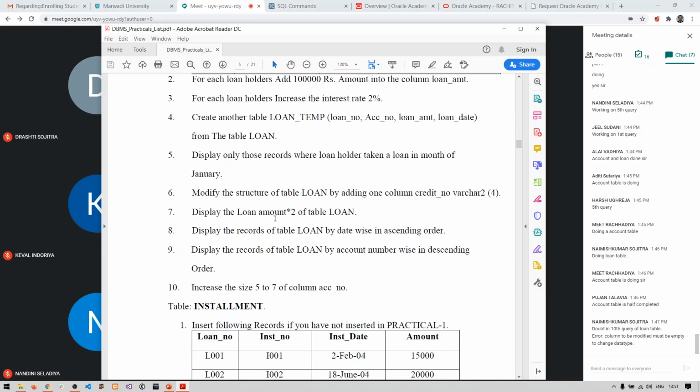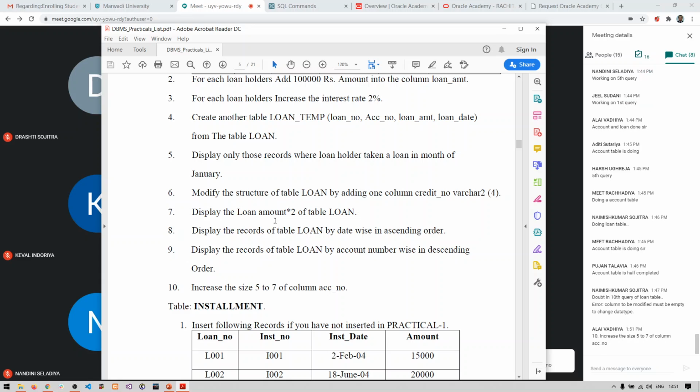Increase the size 5 to 7 of column account number. So what is the problem, Namish? What you will write is: ALTER TABLE loan MODIFY ACC_NO VARCHAR2(7). That is what you are going to write.